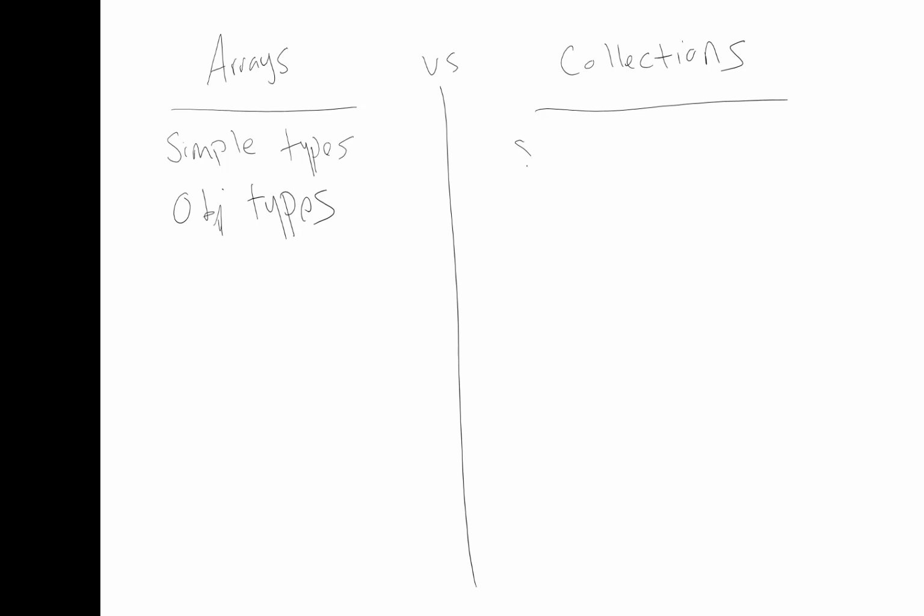Collections can also be made of simple types and object types. However, one of the primary differences is that arrays are a fixed size. So what this means versus a collection, which is a dynamic size,